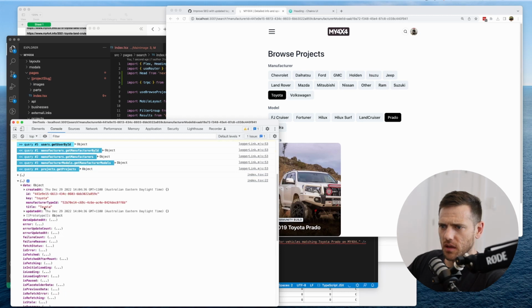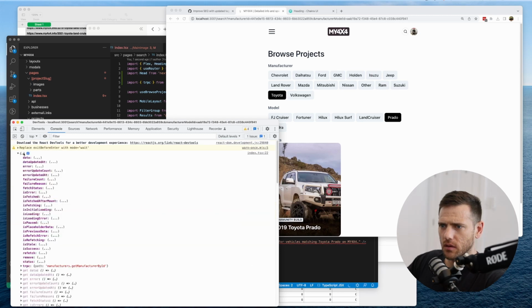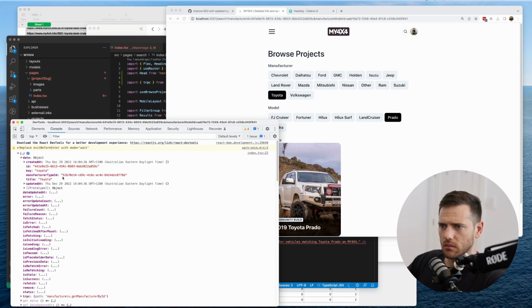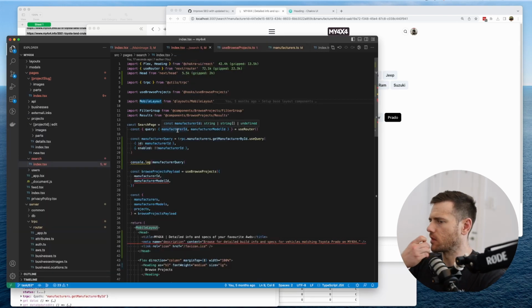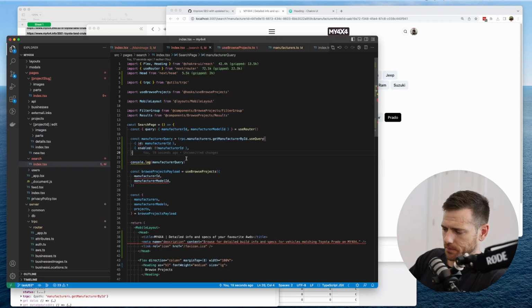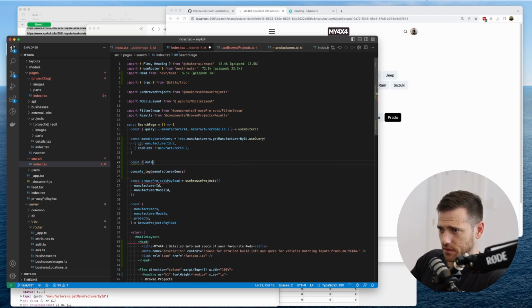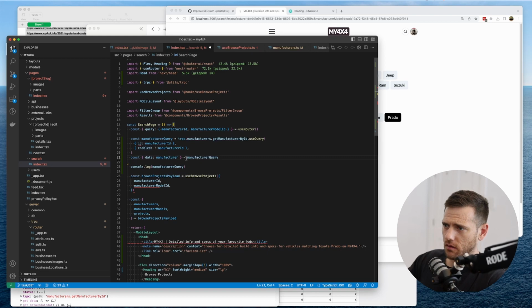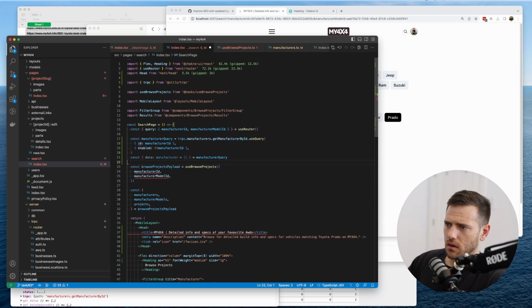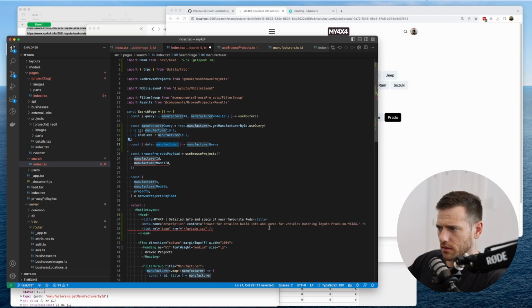Data, so object, Toyota is our manufacturer. It looks like it has it there first render, so that's great. So now what we can do here, we can say data is going to be manufacturer from the manufacturer query, or I'm just going to make it default to an empty object just so we don't crash. I mean, you know what, let's just leave it like this. And then what we can say here is,